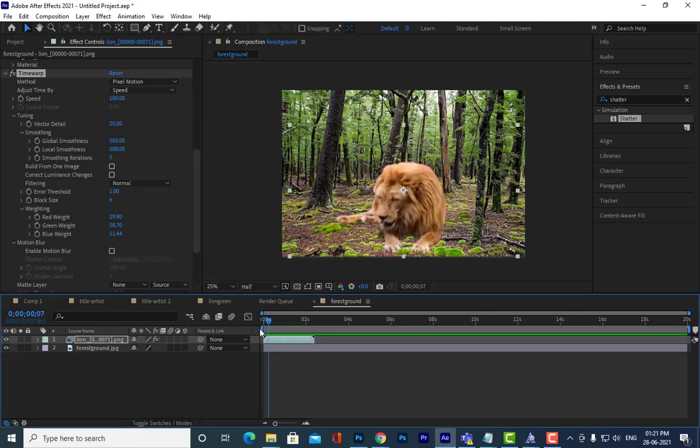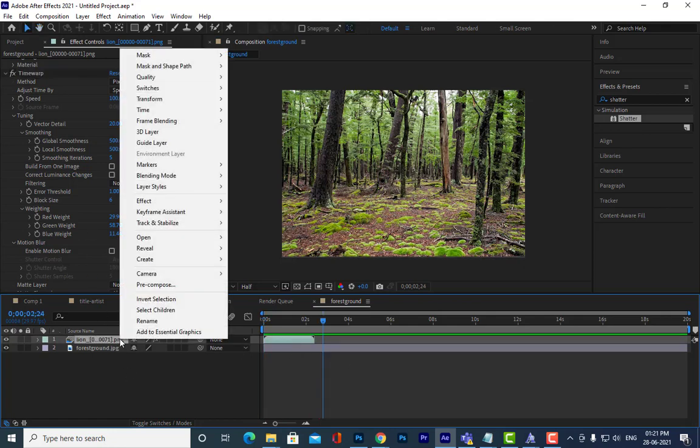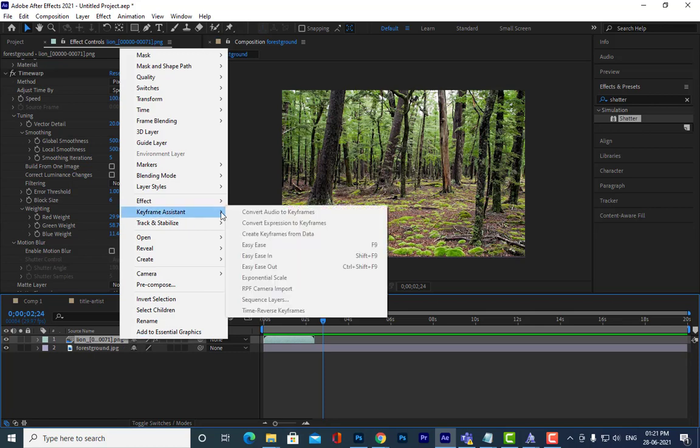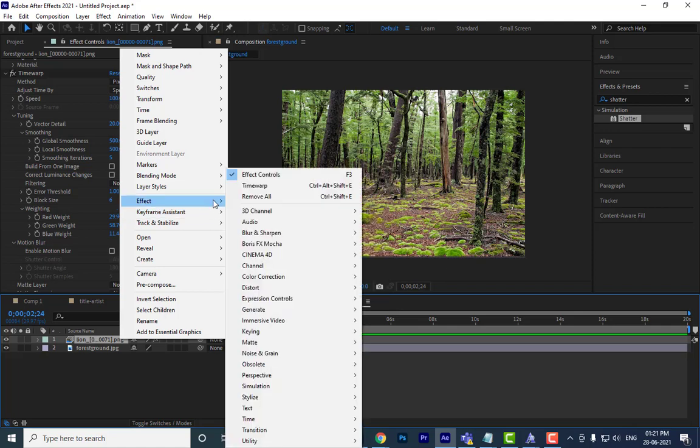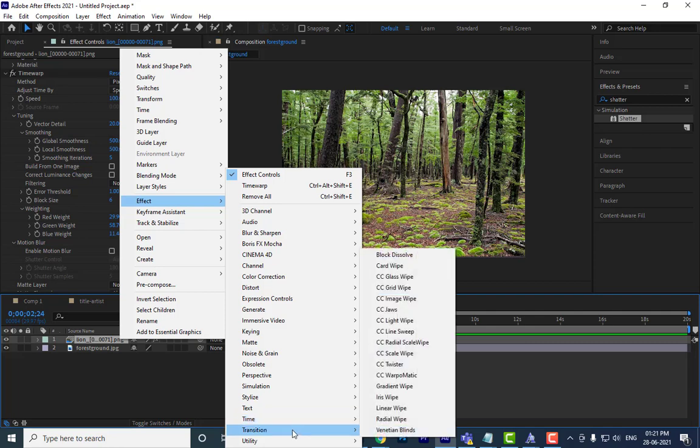If the speed is 100, it is very fast. But actually there is an even better option here. Instead of this one, in older versions of After Effects there was a time option. In the latest versions they have not included that.